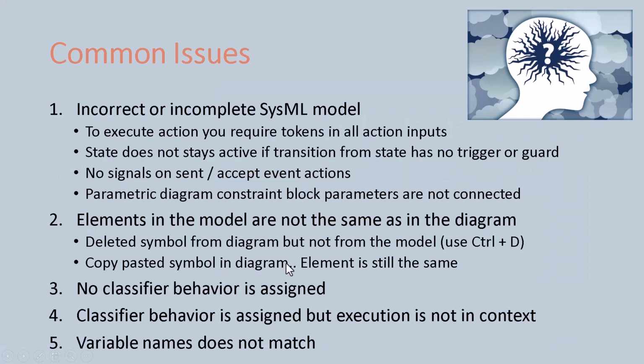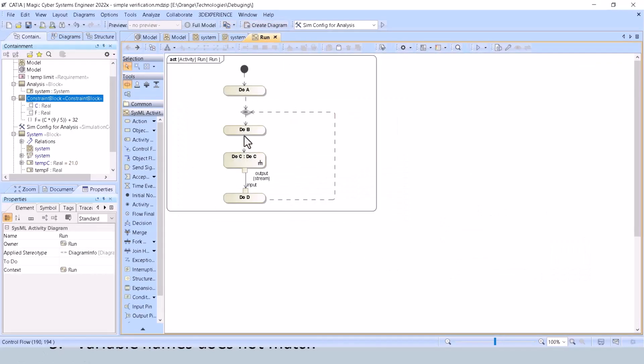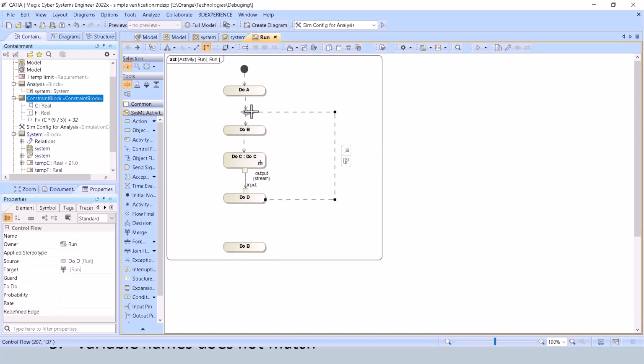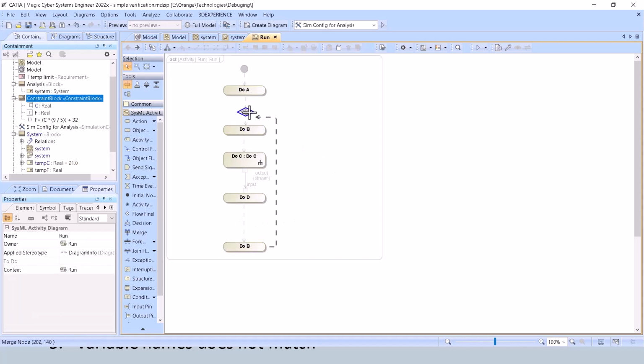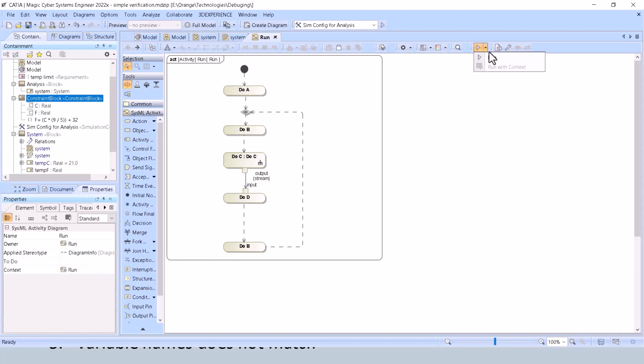Copy-pasted symbol and diagram element is still the same. That's another common problem. I see an activity diagram element, copy paste, looks like a new element, right? So now I will use this here like this, and then we'll connect this. Looks like everything is okay, right? It should execute, but as a result, this simulation